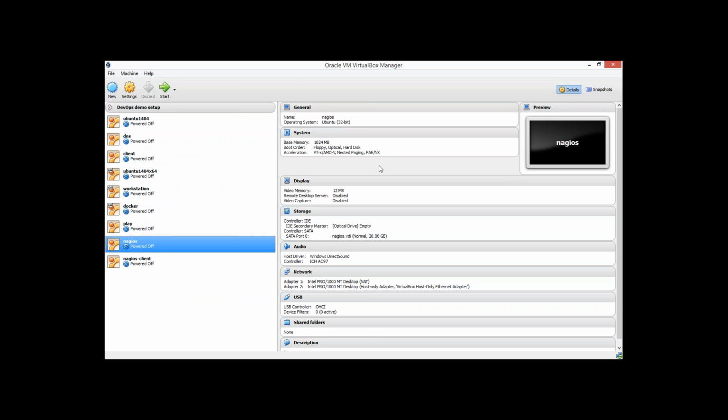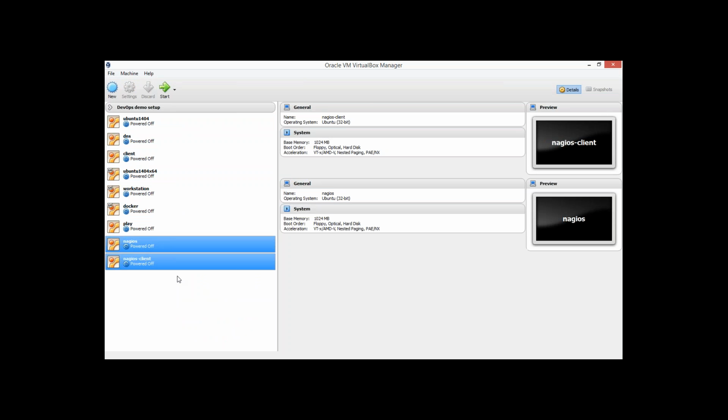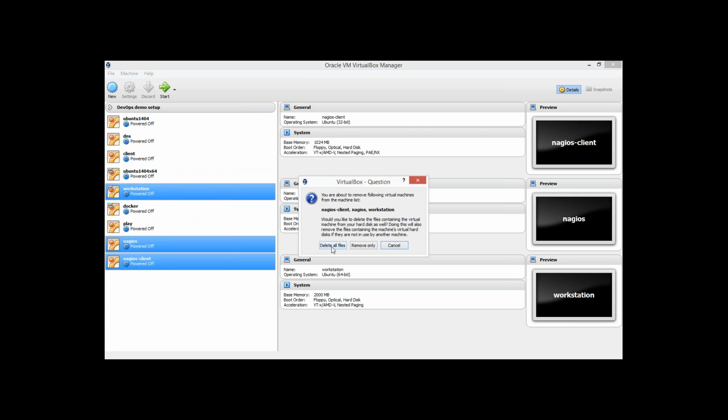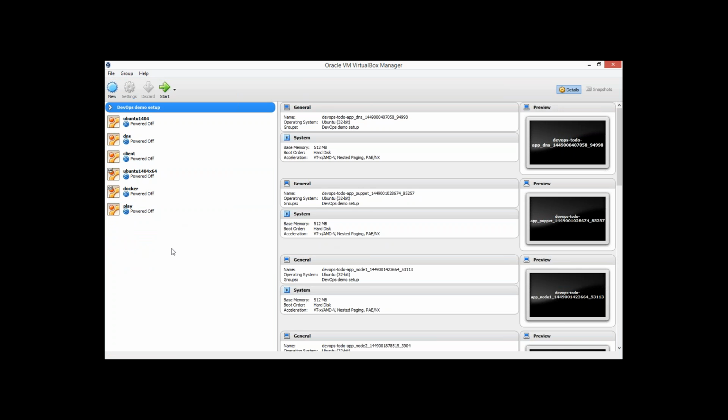It looks like this, okay, but the difference would be you will not be having any machines on the left. Currently I've got multiple machines here, which I'm using for some specific purposes. I'll show you how to create your own machines. For now, I don't need the list of clients, I don't need workstation. Okay, let's get cleared of it. So for creating a fresh virtual machine, what you'd be doing is click on new,